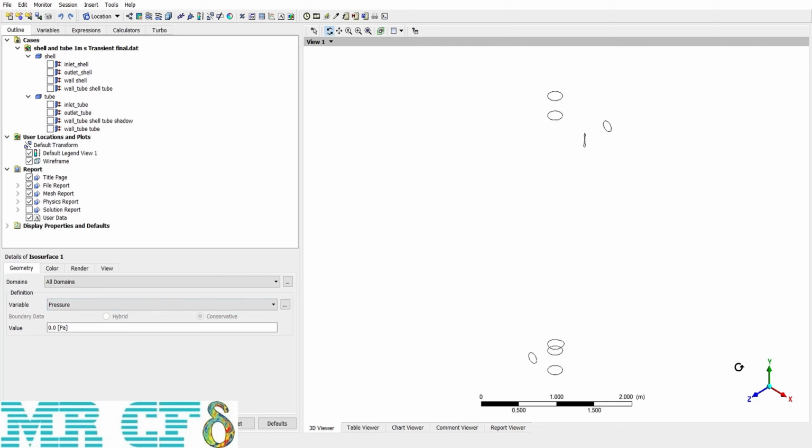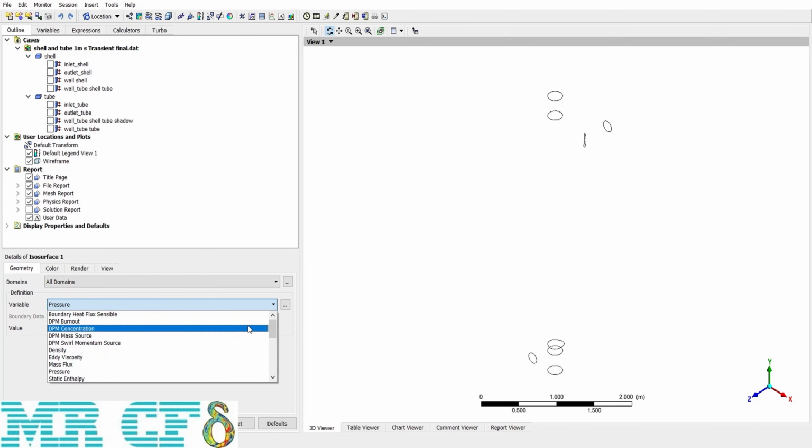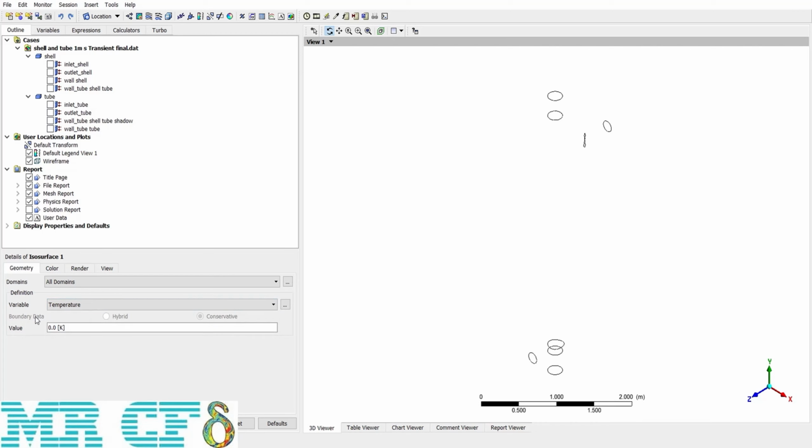For example, I want to check the temperature in the heat exchanger, and I want to check a specific temperature, for example 300 Kelvin if there is. So first I choose temperature from variable and then define 300 Kelvin for the value. By applying this,